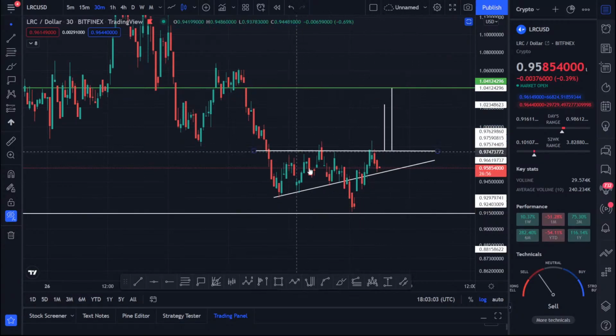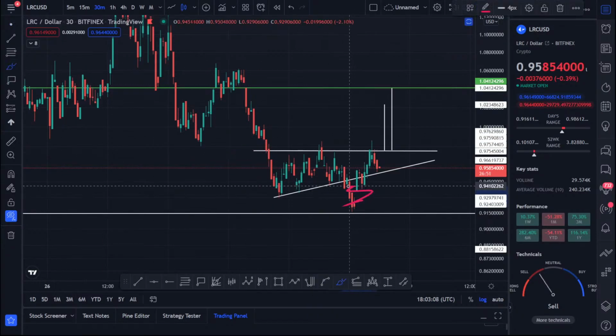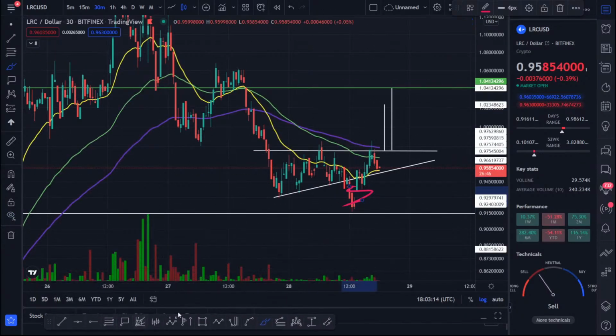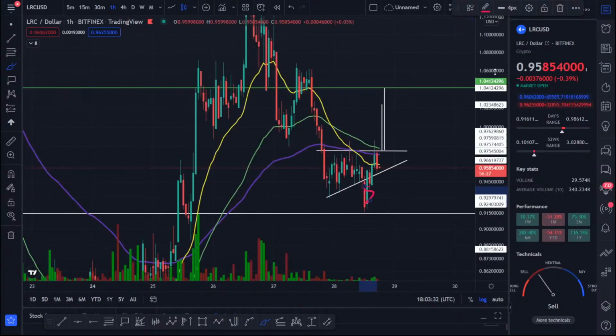Whichever, I mean, there are two price targets, and it depends on the momentum actually. How much volume are you going to get? Because at the moment you can see volume has just, there's no volume at all. Look at this kind of volume, and volume over here, no volume. So whichever one comes, people will start selling their coin